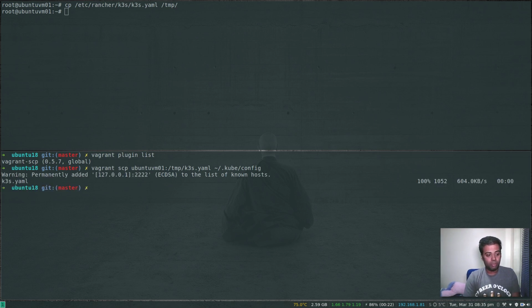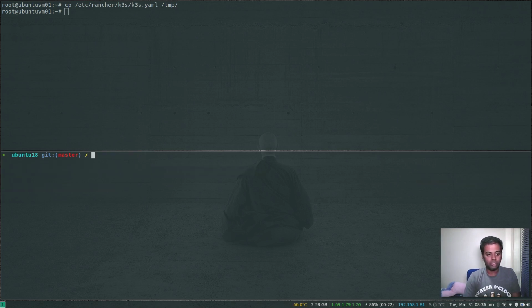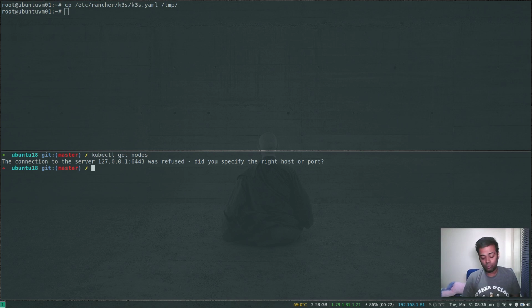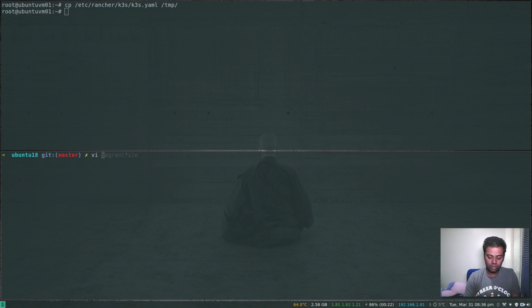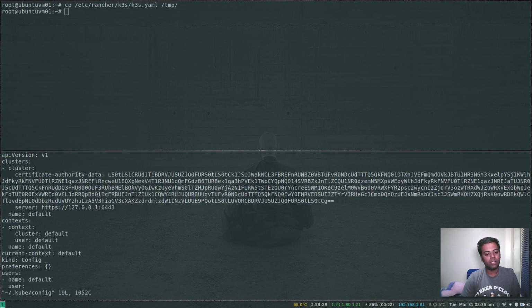Okay, so once that's copied, I should be able to run kubectl commands, but it won't work. I will show you why. kubectl get nodes doesn't work. So if you take a look at the config file that we just copied, vi .kube/config, and if you look at the server here, it's pointing to